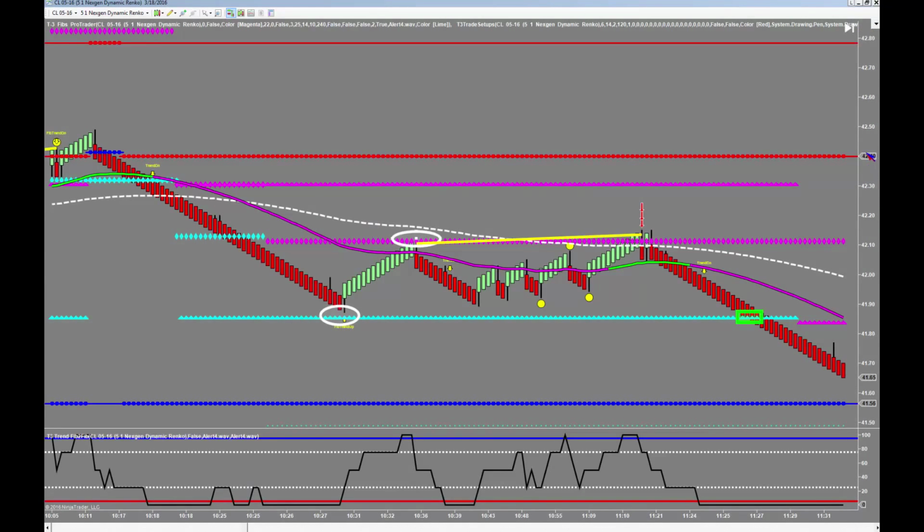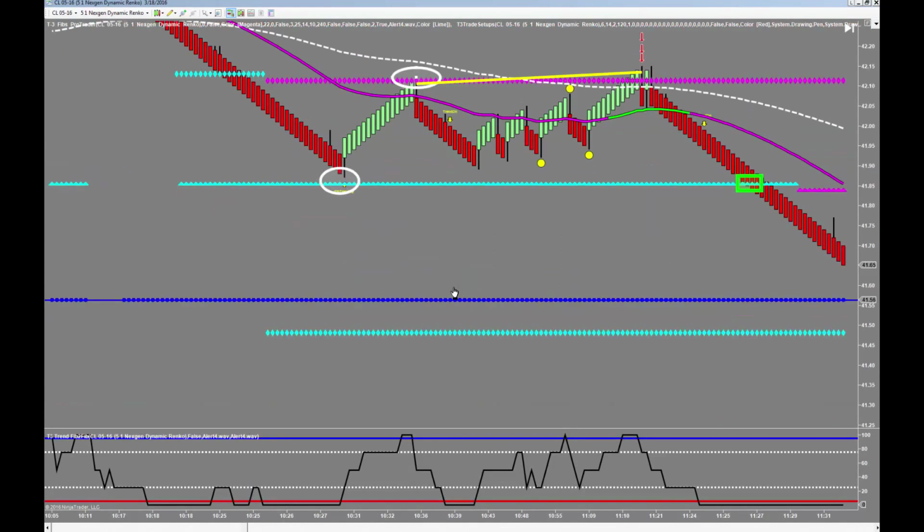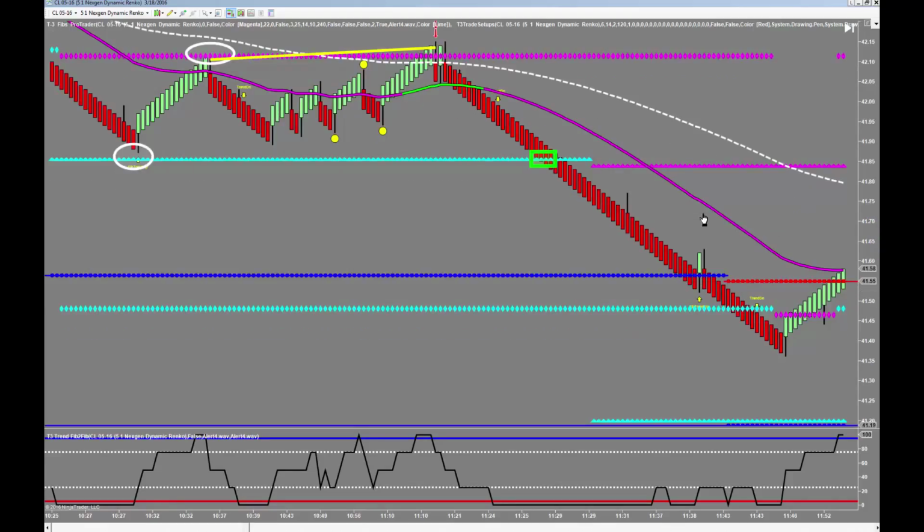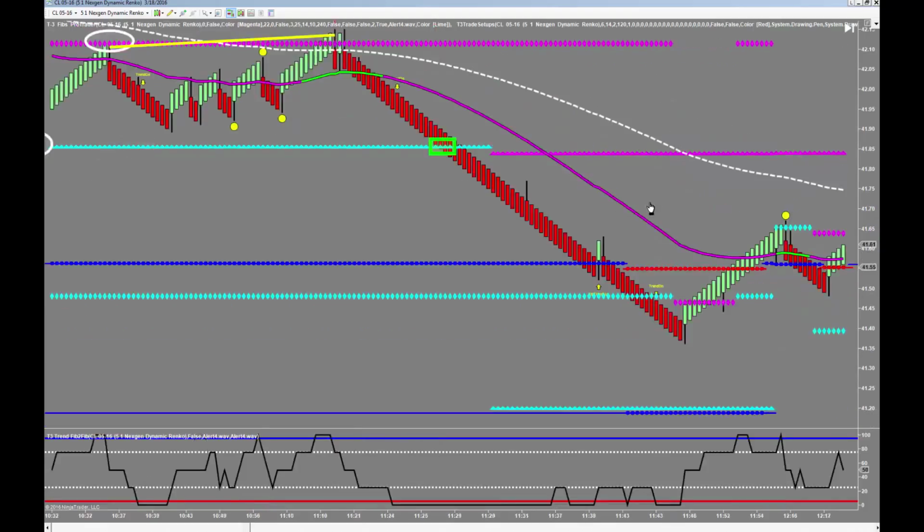Right? So again, we're doing this without the benefit of trigger lines, but even waiting for it to slow down a little bit, look what you did. You made it down to multiple time frame support. Pretty cool. I think so. All right, now